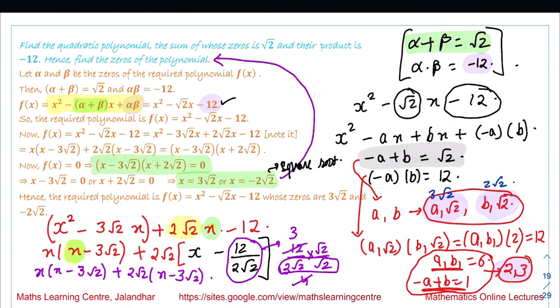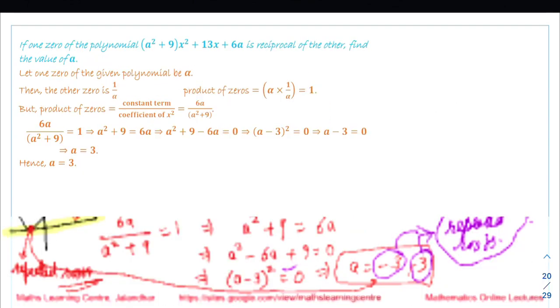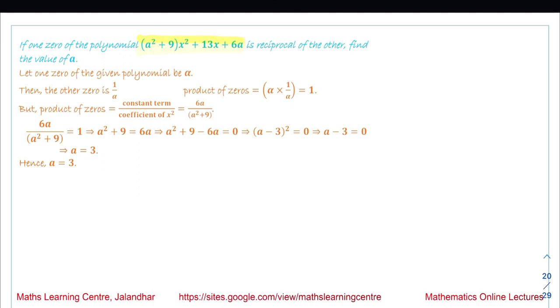Next, if one zero of this polynomial is the reciprocal of the other, we have to find the value of a. So suppose one of the zeros of this polynomial is alpha, then the other zero is 1 over alpha. It is the reciprocal. So the product of both these, alpha into 1 by alpha, is equal to 1, that is equal to